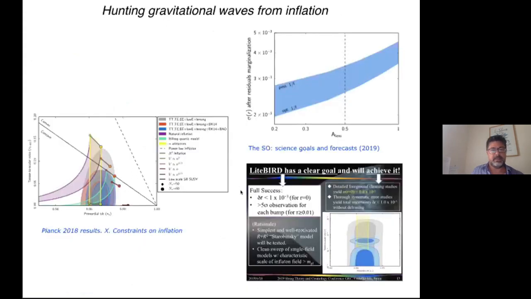One of the main drivers for future CMB experiments is obviously the search for B-mode polarization from gravitational waves. The natural question is how the uncertainty in the tensor to scalar ratio, or in the ns-r plot, will evolve in a decade. I'm considering here a couple of examples. The uncertainty on r will improve by approximately an order of magnitude with respect to the current BK15 and Planck limit, as in the case of the Simons Observatory, which is a ground experiment in Chile.